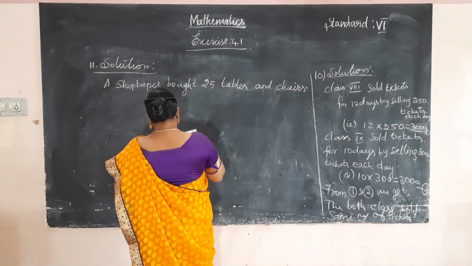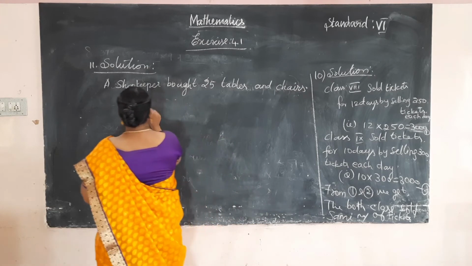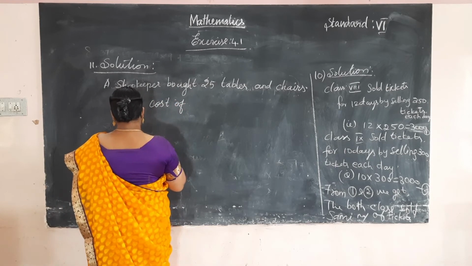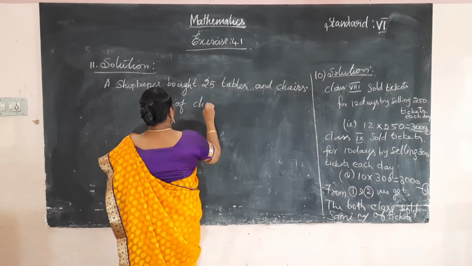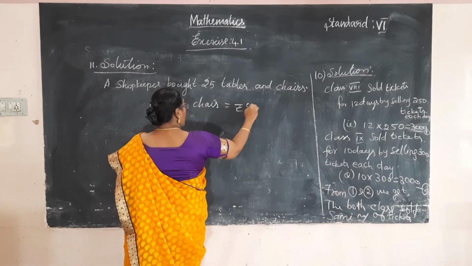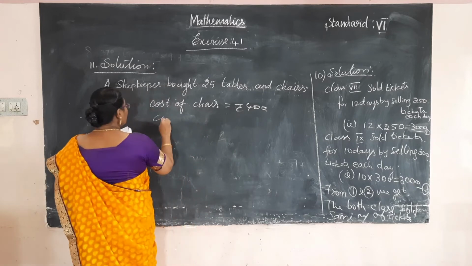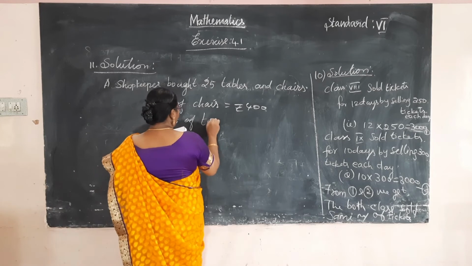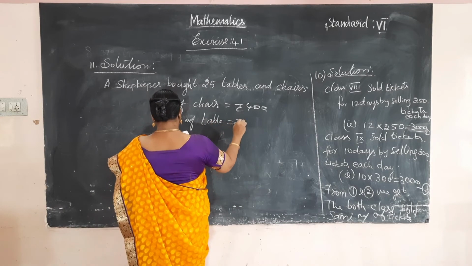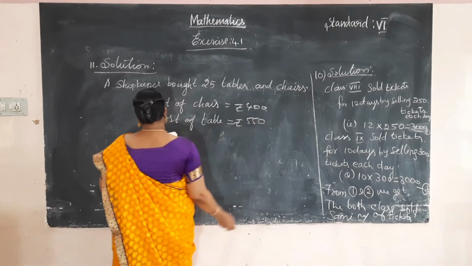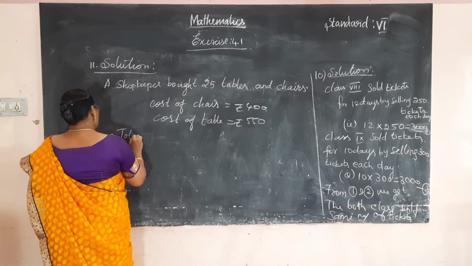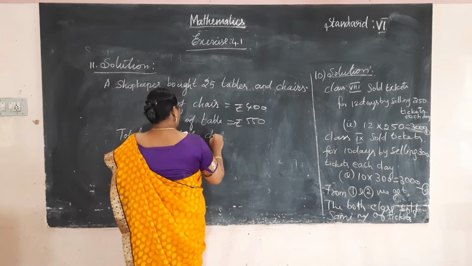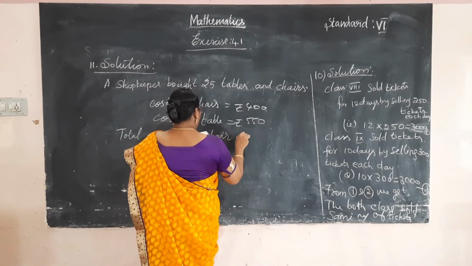If the cost of a chair is rupees 400 and the cost of a table is rupees 550, so the total cost of the chair and table is equal to